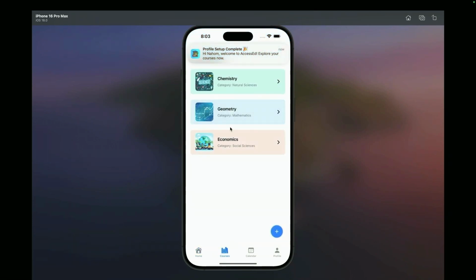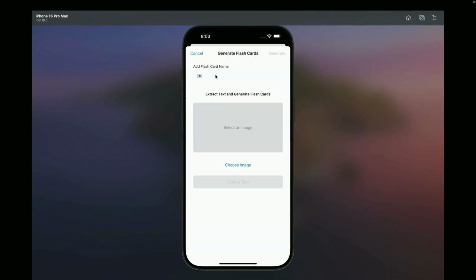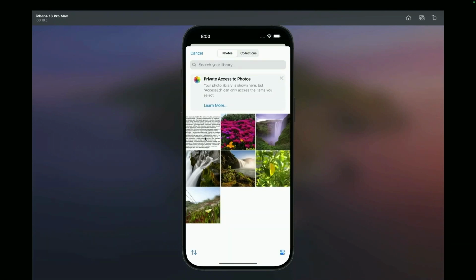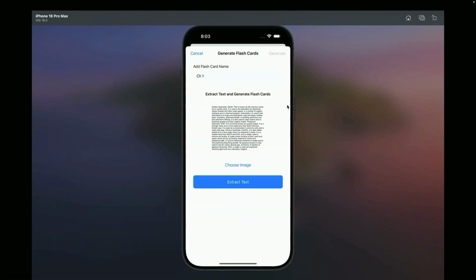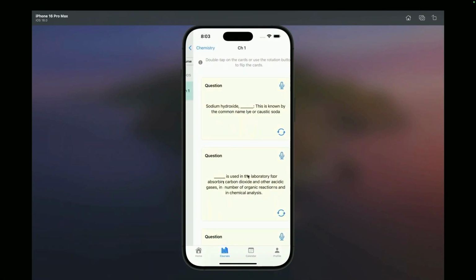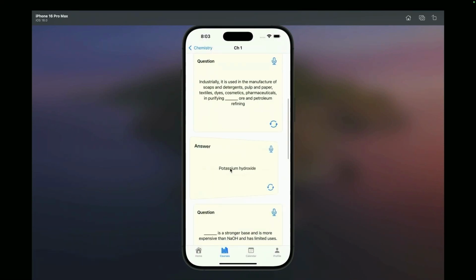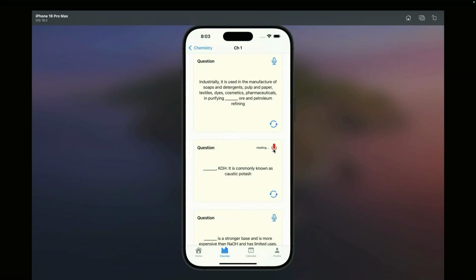And in the courses section, you can add the flashcards. You can also give it a name for your flashcard, upload your text, extract, and generate. And you have your flashcards, and these are the flashcards. And you can double click to see the answer at the back, and use the rotation button to rotate it again. And this is the text-to-speech feature,